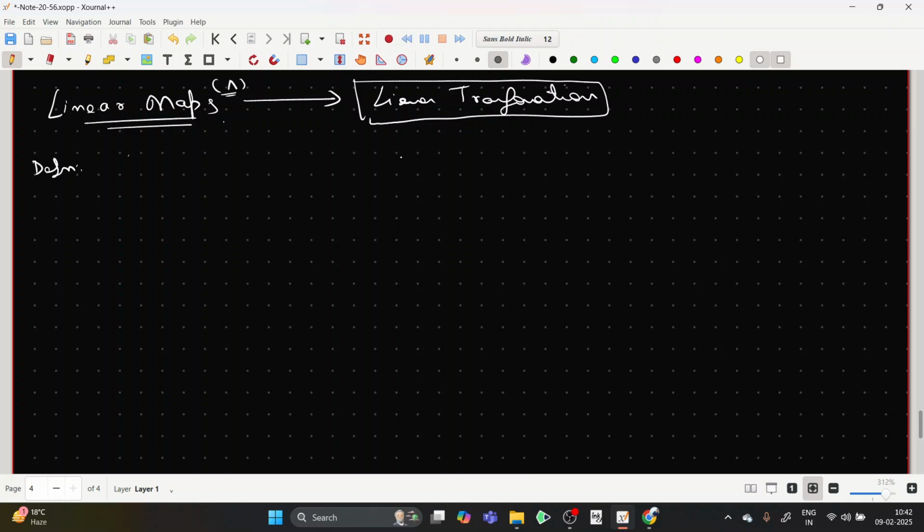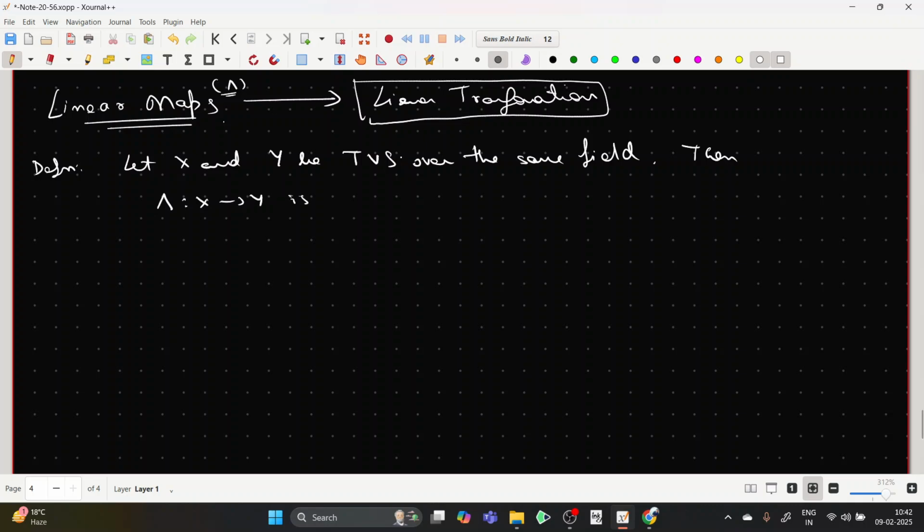Definition: let X and Y be topological vector spaces over the same field in order to preserve the scalar multiplication. Then a map lambda from X to Y is called a linear map